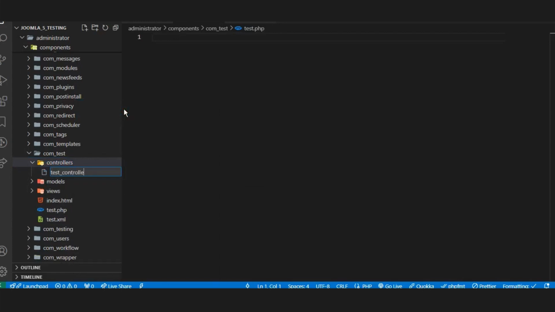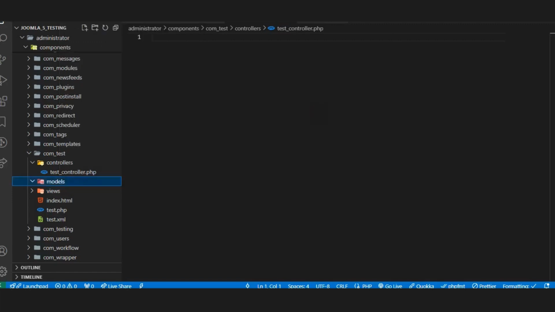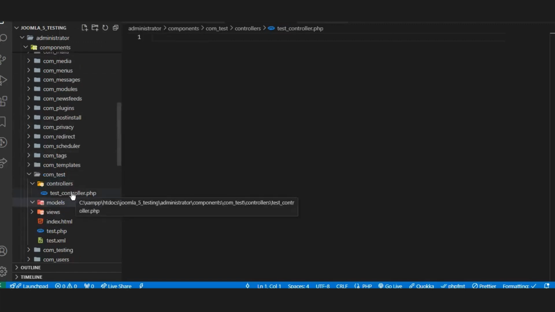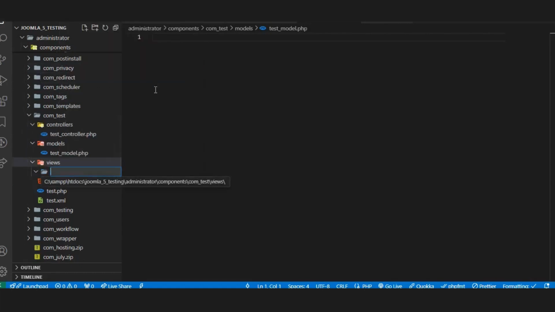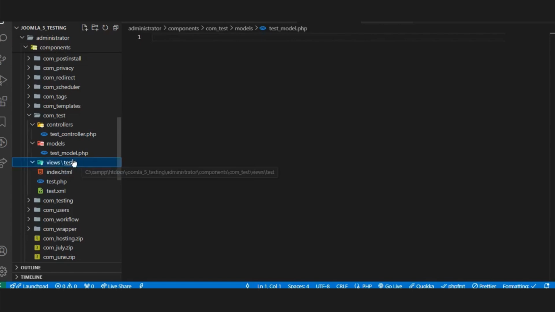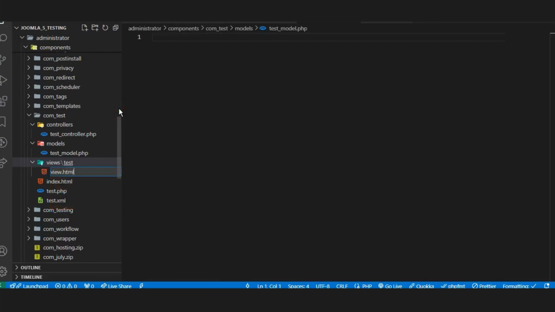testcontroller.php. In models I will create testmodel.php, and in the views folder we have to first create a folder that's equal to the project name, for example test, and under this we have to create view.html.php,